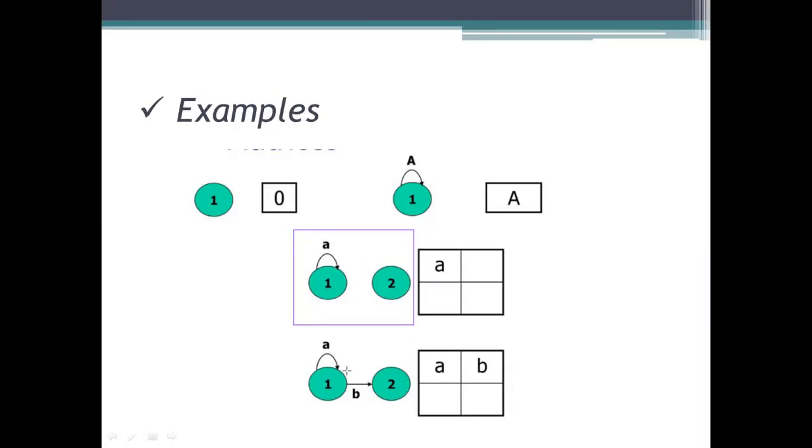And coming to the next one, we have used a link from 1 to 2. So here 1 to 1 is A, and then 1 to 2 is specified as B, and the remaining has been taken as normal, that is, empty only. Okay, so that is one simple example representation.